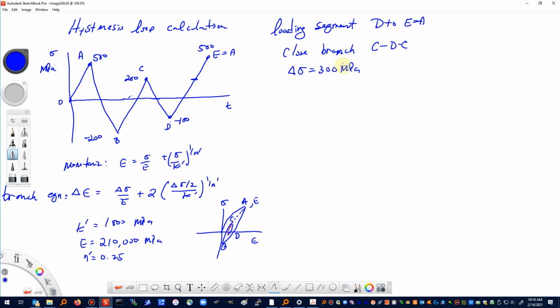Okay, we've actually calculated that delta epsilon that corresponds to a delta sigma of 300. That delta epsilon is 0.001525. So this point right here